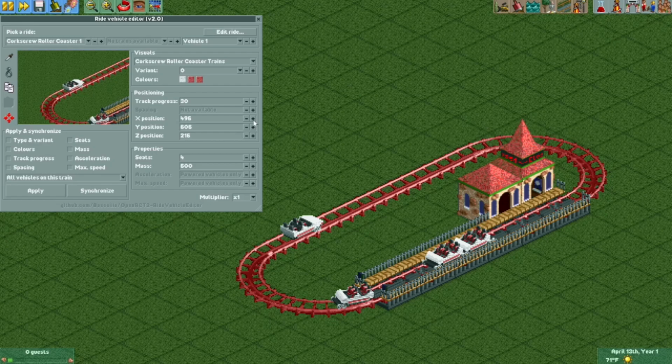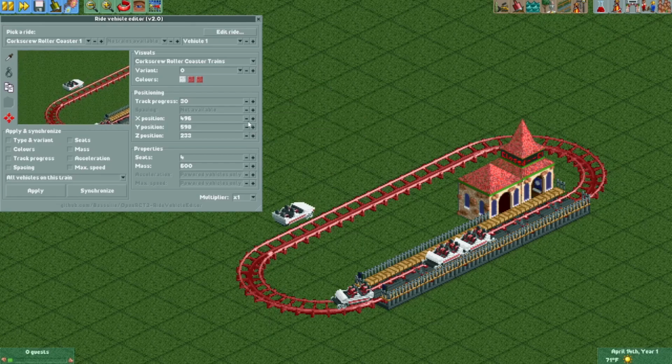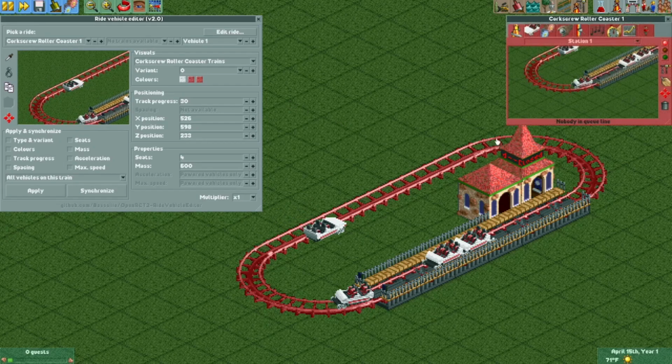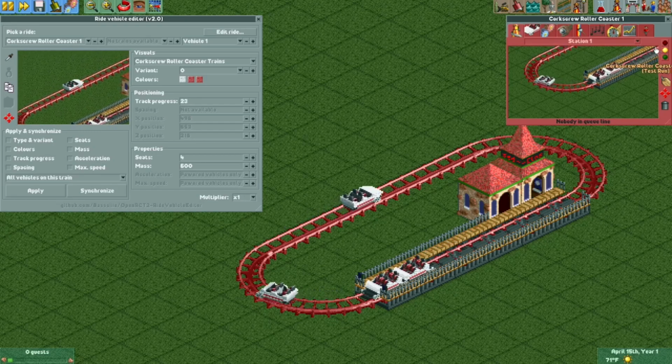Next, you can use the X, Y, and Z controls to directly adjust the coordinates of a ride vehicle. These are only available if a train is stopped, and you can use it to put a vehicle literally wherever you like. But be careful, if the train starts to move again, for example, if you put it in test mode, the vehicle will snap back to its original position. So this is going to mostly just be useful for decoration.